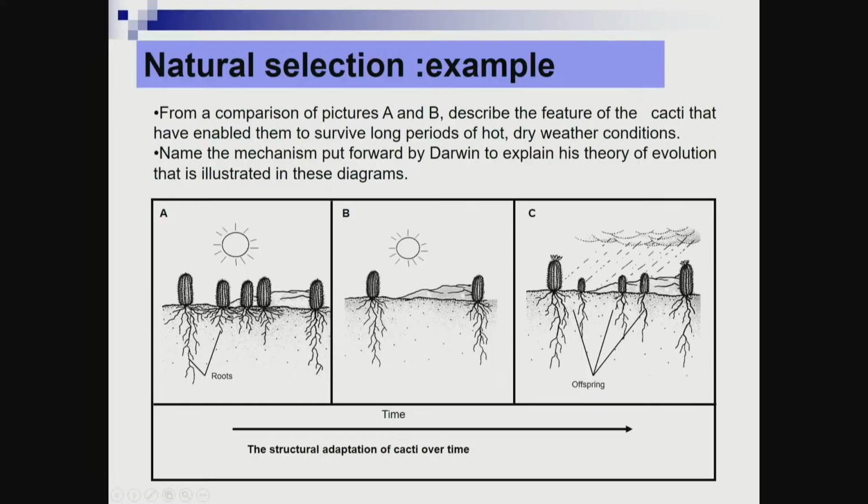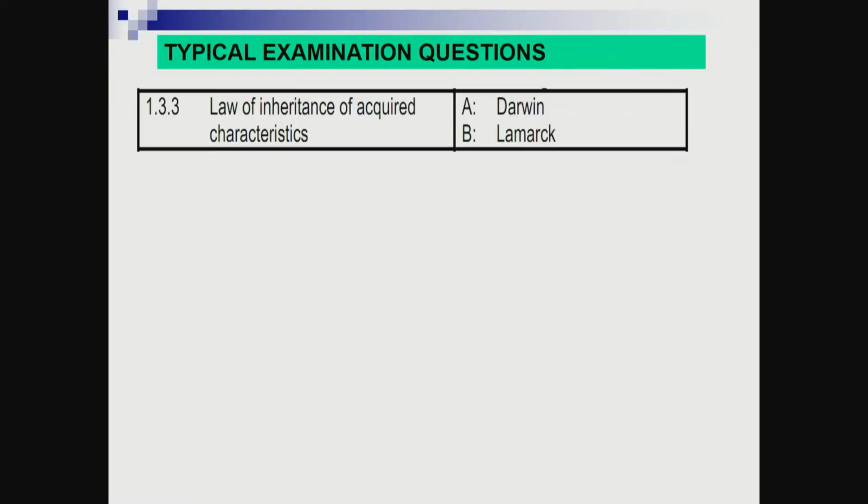But it is very important to name the favorable characteristic. In this case, the favorable characteristic is long roots. Why? They can absorb water and therefore they survive. Short roots cannot absorb the water and they die. And now the favorable characteristic of long roots is carried over to the next generation. So with natural selection, any example that you find, identify the variation, what is favorable and what is unfavorable, and then you can answer your question, irrespective of what the